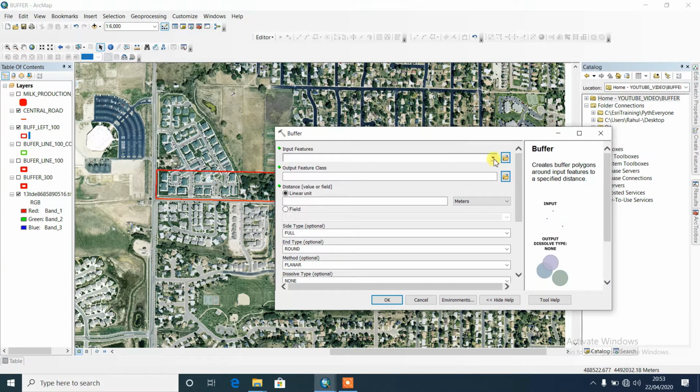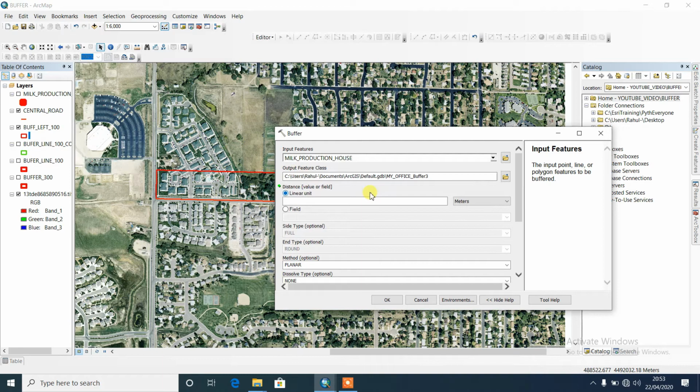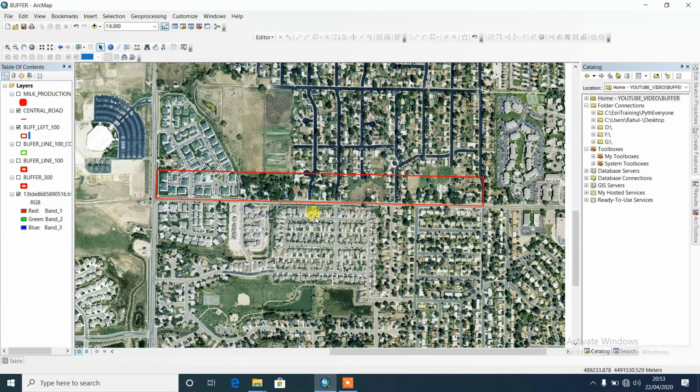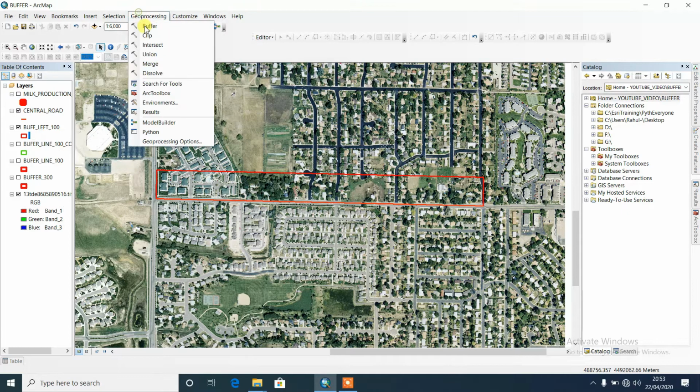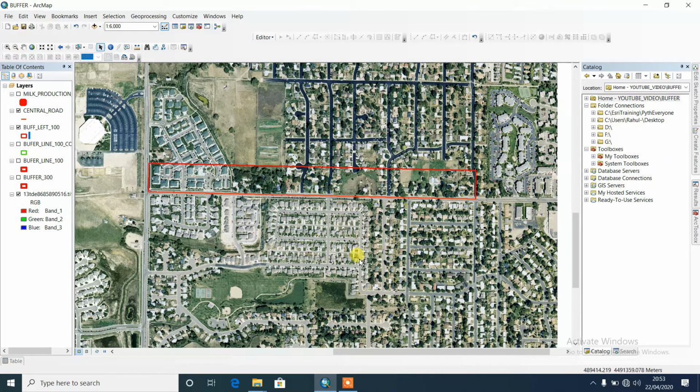But one thing I want to share: see, in the case of the point, the side type is not showing, because a single point has no side. In the case of the line, there is a side, left or right, like that. But in the case of the point, no side. That's why it's not showing. It's very interesting, right? So guys, this is the utilization based on the buffers.